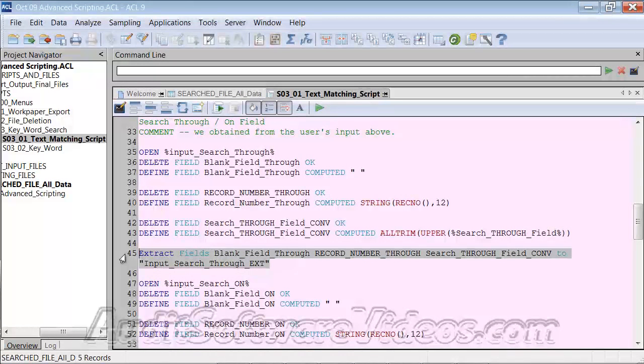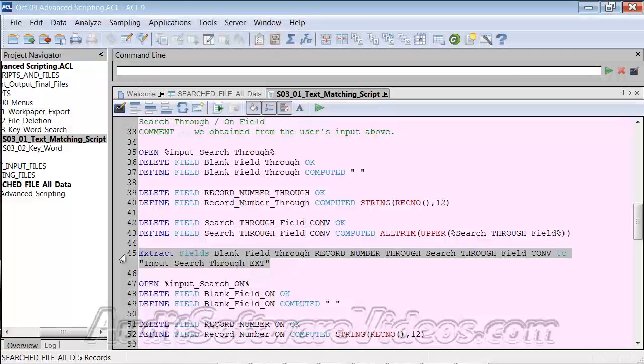So just as a script best practice, if you're about to do a very large join between two files, it's a really good idea to keep the files as small as possible, because the smaller you can keep the file, the easier the join will work, and so on. So with that said,